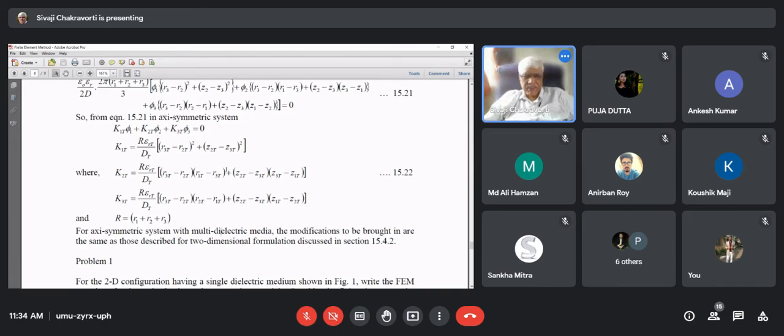And then if you ask me what will be in the three-dimensional case, well, naturally it will not be a triangle. The discretization is done by a tetrahedron. And a tetrahedron, you know, has 4 sides, and all the 4 sides are triangles. Therefore, we can derive that. But I am not doing that in your class. The derivation is again very simple. In fact, if you are interested, you do it yourself.